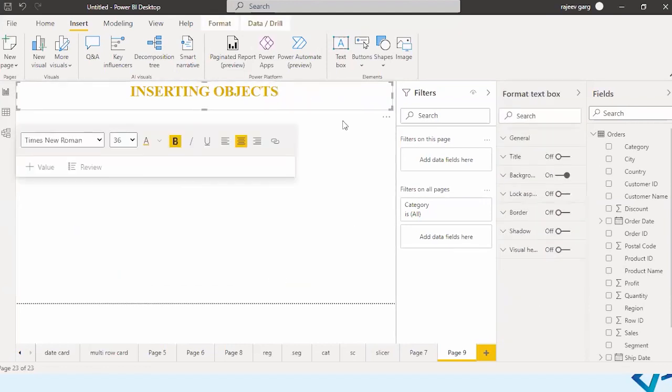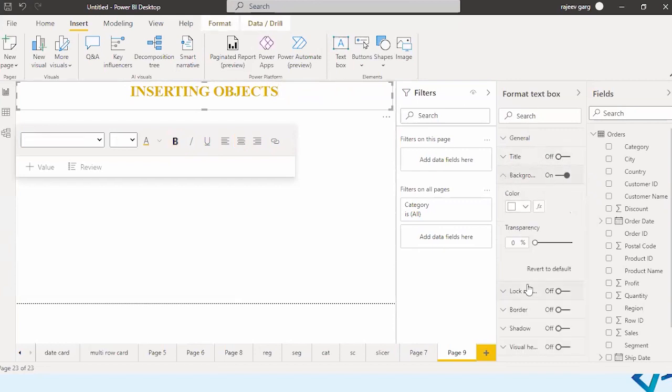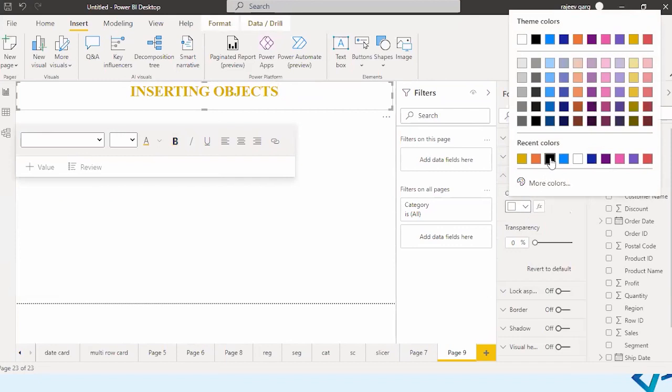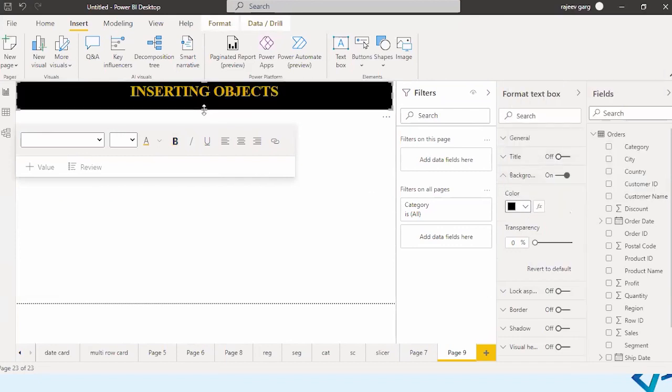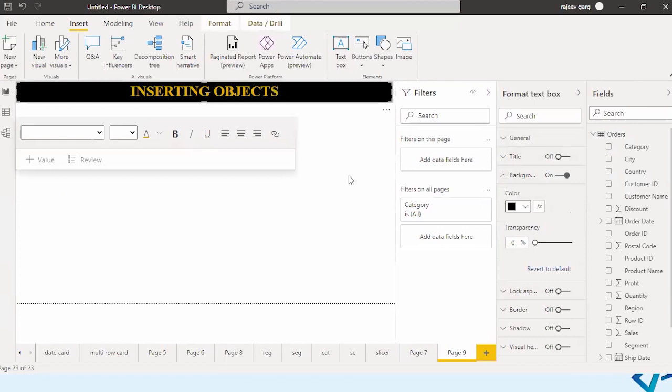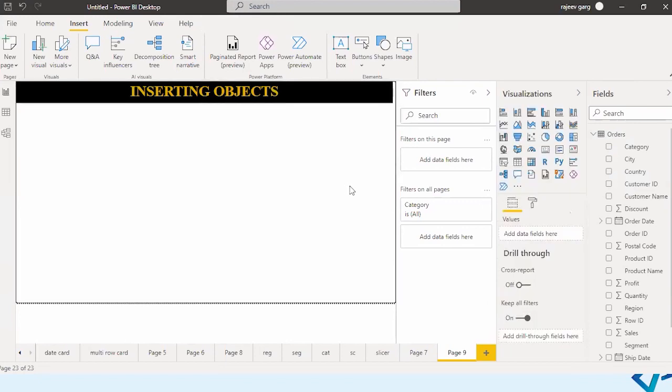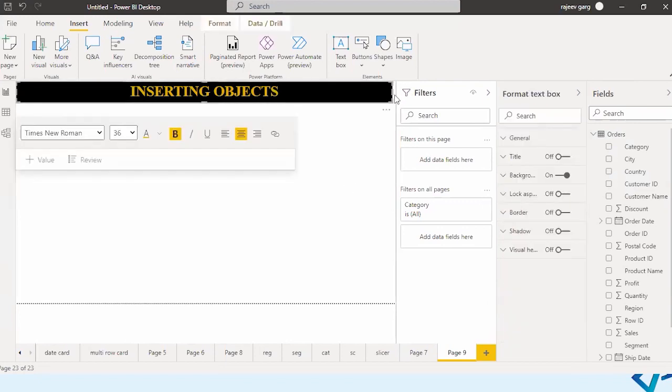Okay. And let's see the formatting options we have over here, title, background. Let's put a quick background over here. So this is how the object is appearing. So we have inserted a text box. This is good for putting the titles and all in your visual.